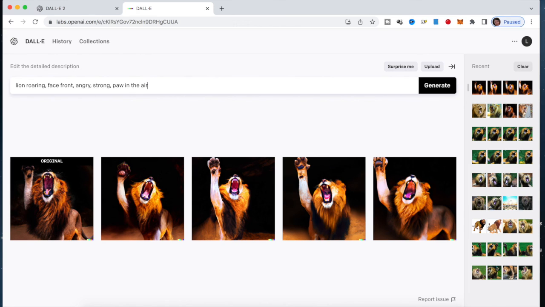And then click generate and you'll get different sets of artwork. Okay, so now I think you get the idea of how you can use this software to create the artworks